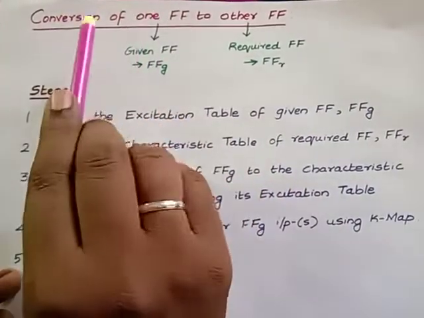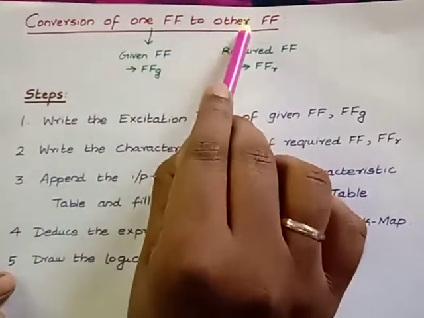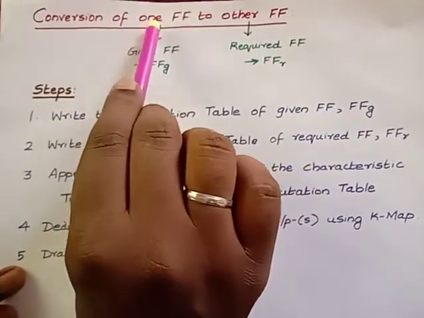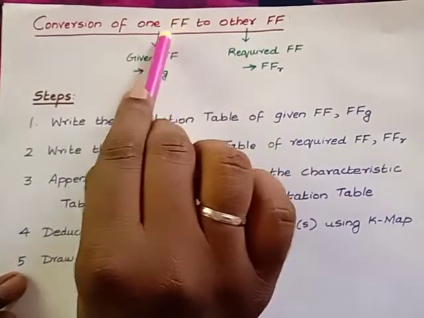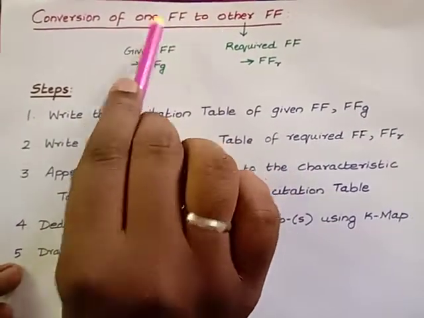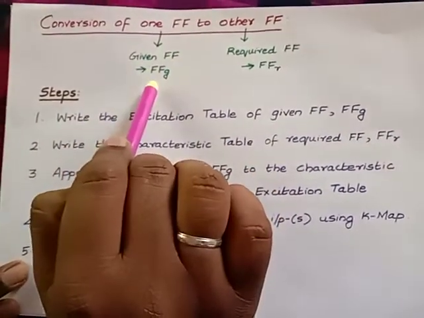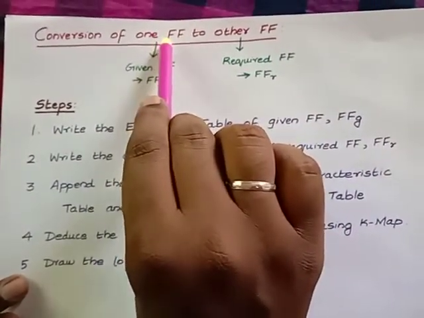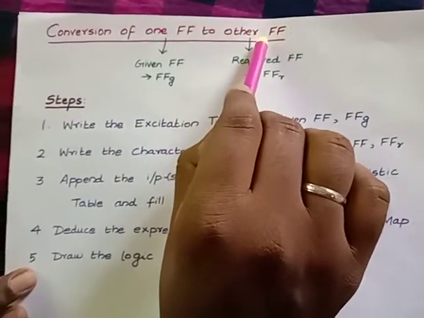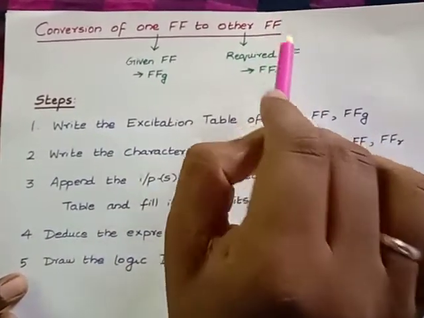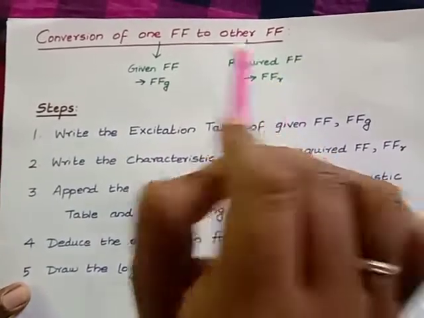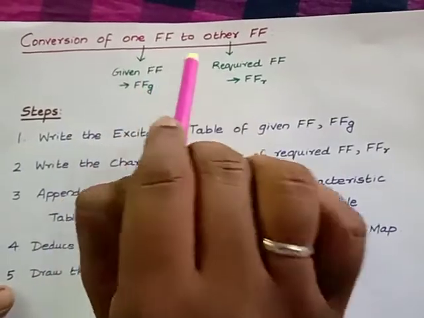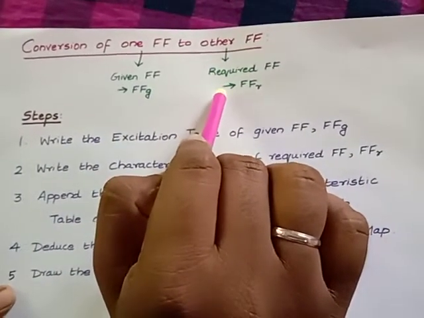Now if I want to convert one flip flop to another flip flop, that means this flip flop is available with us, correct? I want to convert this flip flop into this flip flop. So this flip flop is available with us, and I'm calling this the given flip flop, FFG. This is for your understanding. Now I want to convert this available or given flip flop into a flip flop which is required for us. So this one I'm calling the required flip flop, that is FFR. This is the given flip flop and you have to make changes to it to modify it to the one which we require, correct?